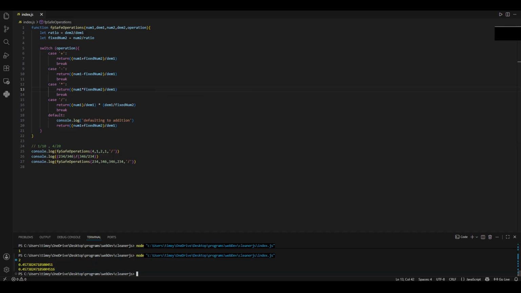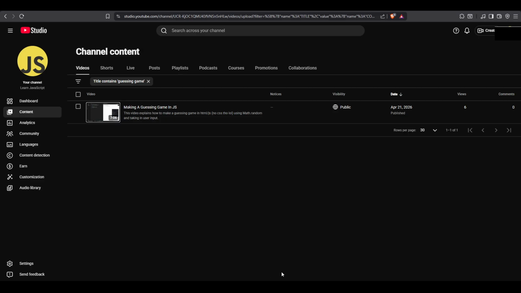So irrationals is not the best, but for irrational numbers, I think it's fine. We can probably simplify this. Oh yeah, we can. There it is. Alright, so that's how to make floating point safe operations in JavaScript. So if you want,